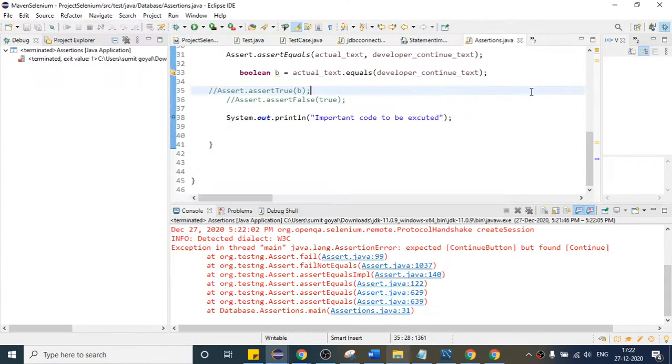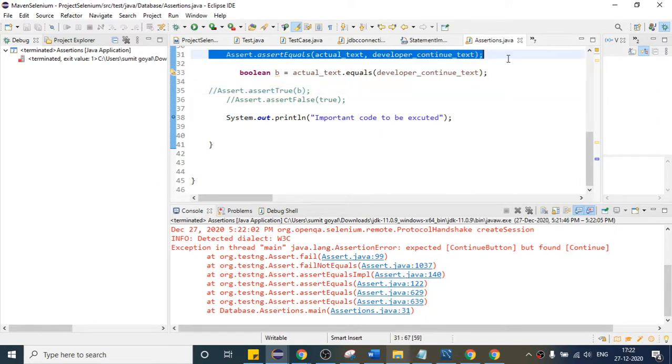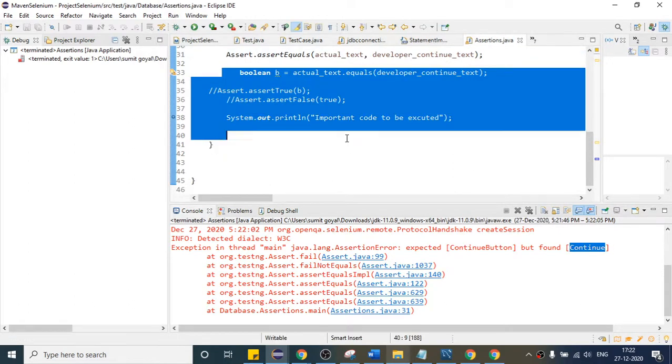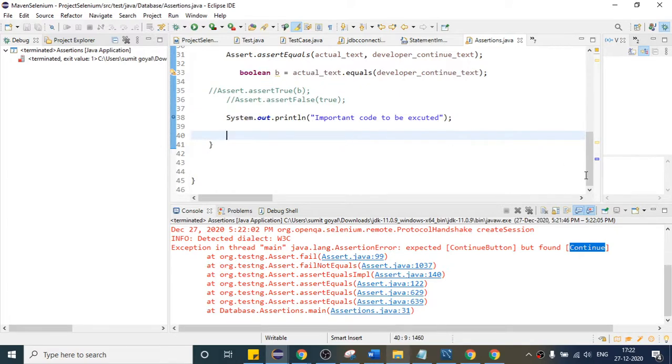If you see, at line number 31 it has failed. At line number 31 it has failed because it is expecting the continue button, but from the website you got this, right? So whatever important code you have written will not work. These kinds of assertion are called hard assertion, right?